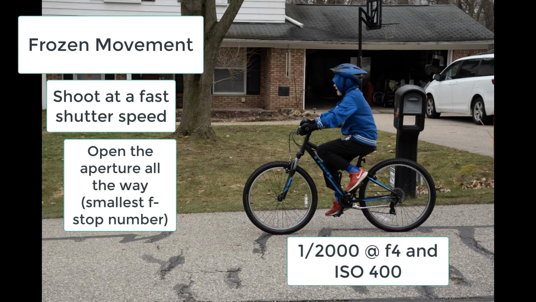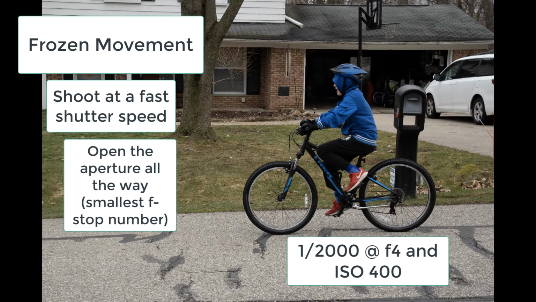1/2000th of a second. That's a fast shutter speed. And as you can see, he's pedaling his bike, his spokes are rotating around, and you can see every single spoke very clearly defined. Okay, so that's a good indication then that this was shot at a fast shutter speed. Anytime you use a fast shutter speed, you're usually going to need your aperture wide open. So when we start to look at people's pictures, even your own pictures, start to evaluate not only is it too bright or too dark or whatever, okay? When I look at this picture, I know it was shot at a fast shutter speed because I see those spokes